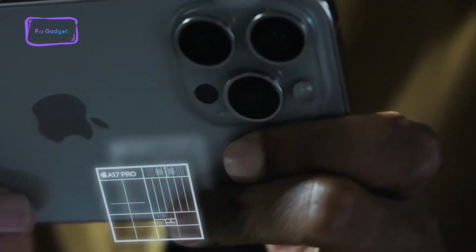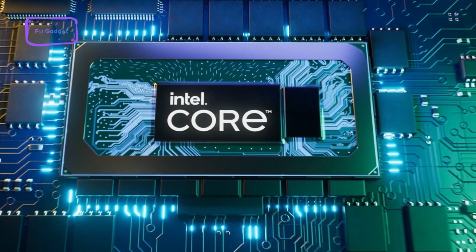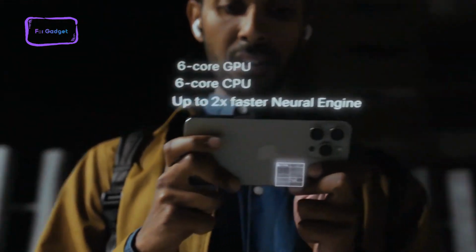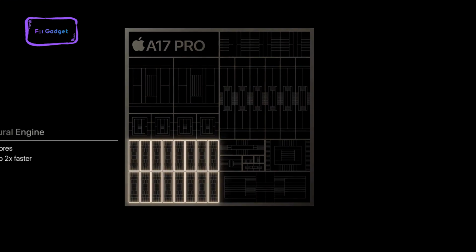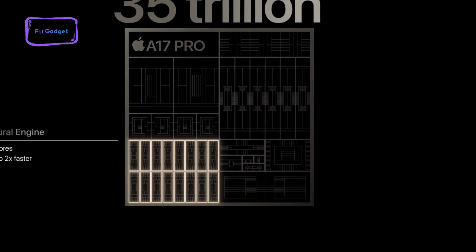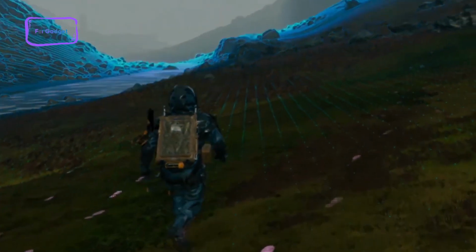Now, before talking about anything else, let's just skim through what's new on the A17 Pro chip. Apart from Apple saying that this is their fastest chip ever, this is the first Apple silicon built with TSMC's 3nm process. Just like Intel's hybrid architecture, the A17 Pro blends 6 performance cores with 4 efficiency cores. But what you really need to know is the MetalFX technology that utilizes the A17 Pro's neural engine with 35 TOPS, or trillion operations per second, that significantly increases the graphical detail as well as resolution in games while preserving